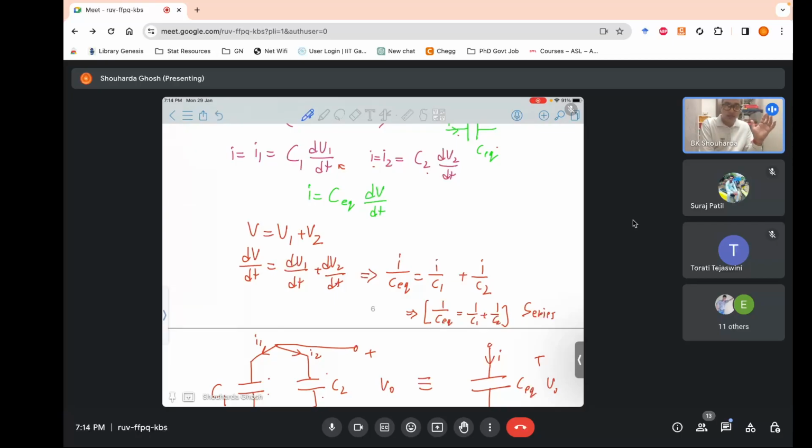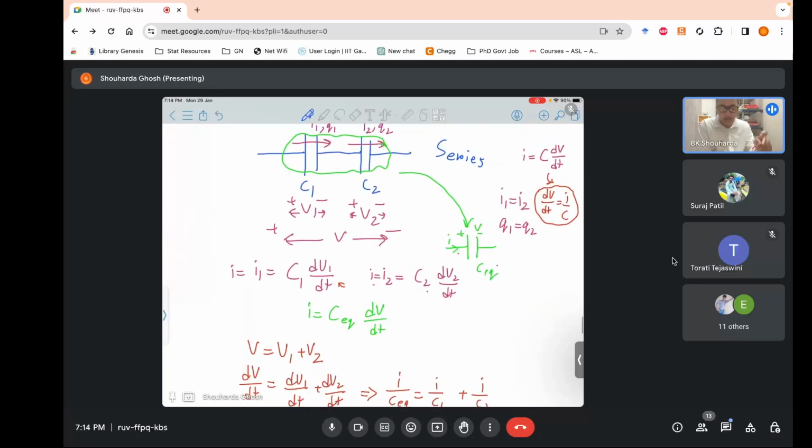But if you try to use the charge based concept, that will require you to assume the initial charges. Amazing. So when you are looking into the charge concept, that time you have to assume that Q0 is coming into the picture, because initially the voltage will not be V2 anymore. That voltage will be V2 plus a contribution of the earlier stored charge.